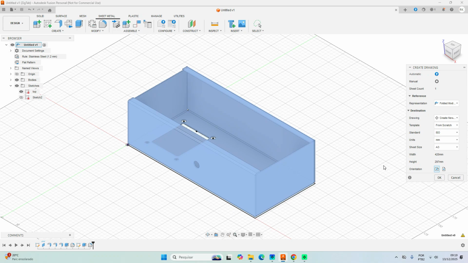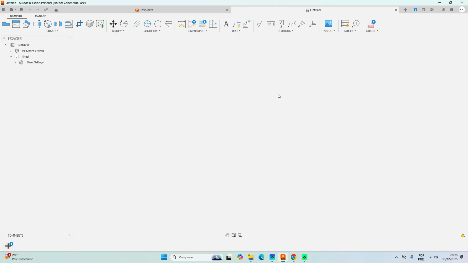Okay, well, you can select the sheet size. In this case is the size of the paper you're going to print it if needed. Okay, I'm just using A3 paper size here. Orientation landscape. Just click OK. It will take some time because my computer is slow, but it will create a drawing frame here, and